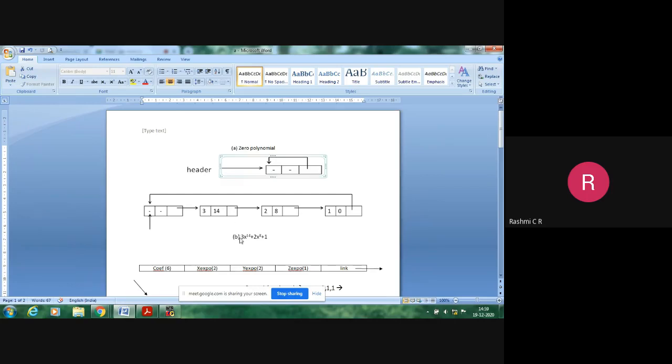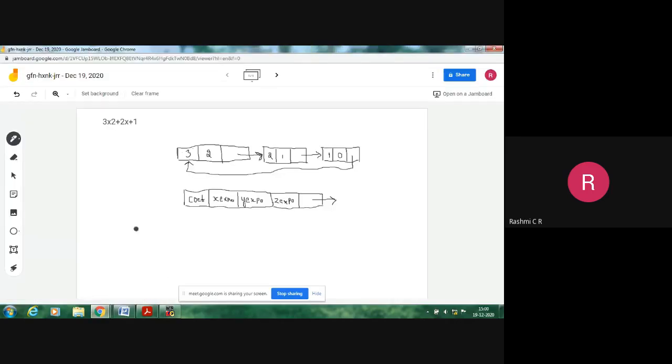When it is pointing to itself, it indicates that there are no terms given in the polynomial. Okay, so look at the second example B. The header node is initially pointing to the first node, and what happens to the link part of the last node? Look at the link part of the last node. It is pointing back to the header node because it is a circular linked list. So in our example, there will be a header node, and this header node will be pointing to the first node.